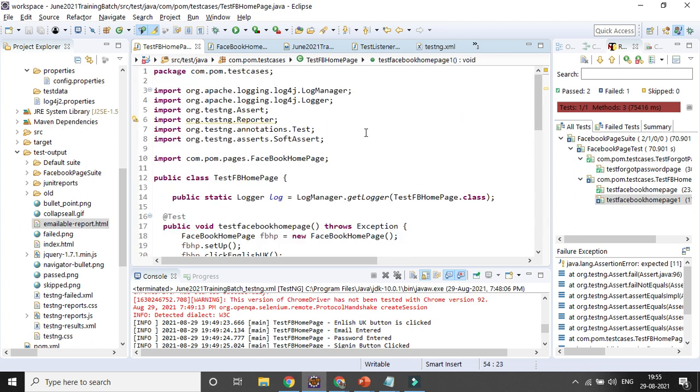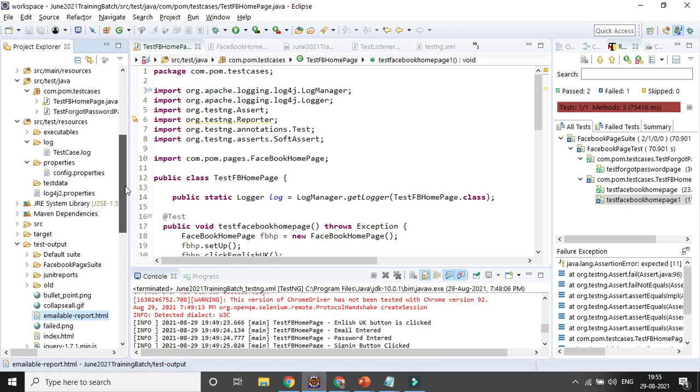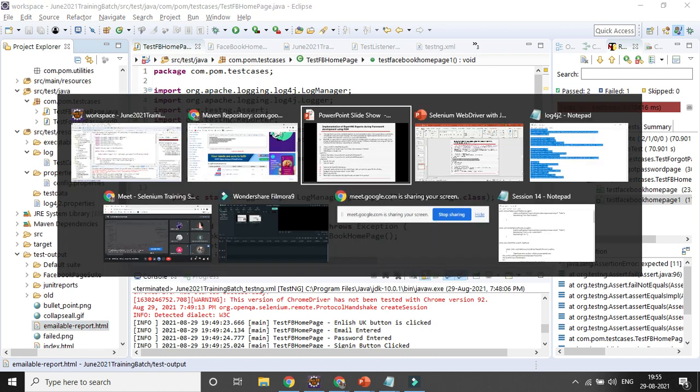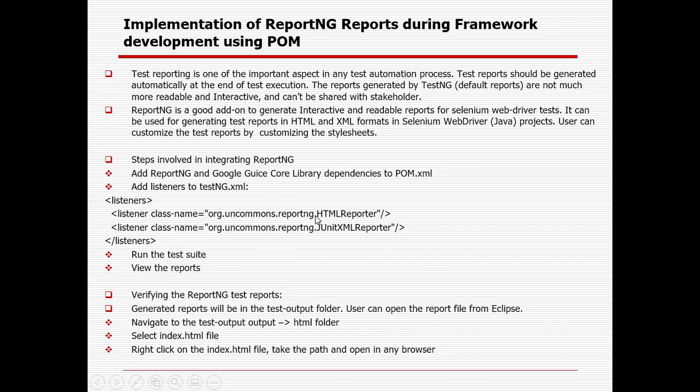So now you can see in the test output folder only these other folders are there, right? Default suite, Facebook page suite, JUnit report old. These are the different folders available in the test output folder. But as and when you'll be using ReportNG, a folder called HTML will automatically be created.